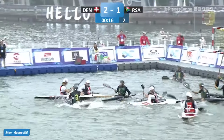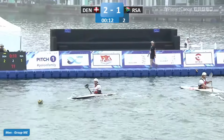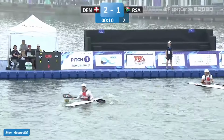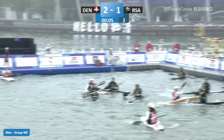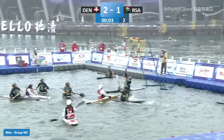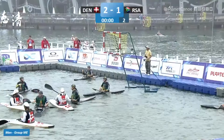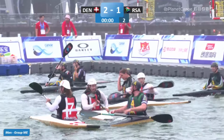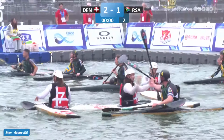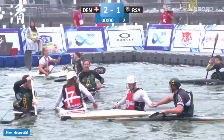16 seconds left on the shot clock. They're going to need to pull something out of the bag in the not too distant future, especially with that wayward pass. 8 seconds. The lob shot absolutely prized out of the goal by Marks. I thought that second half was much better played by South Africa. They really, really tidied that up. They can be